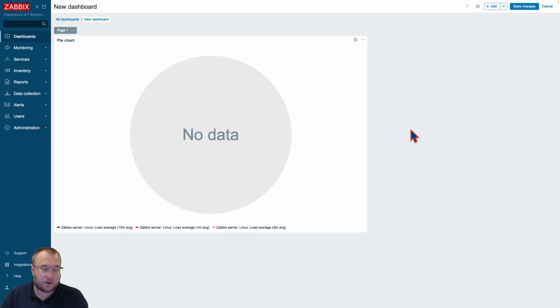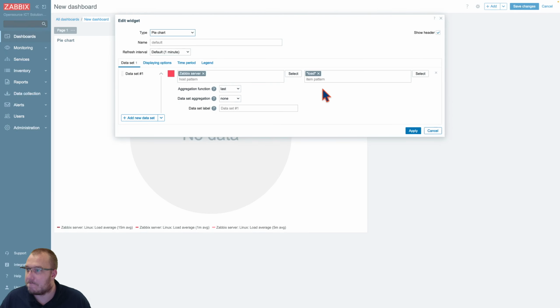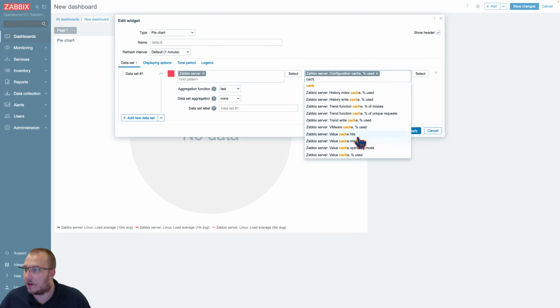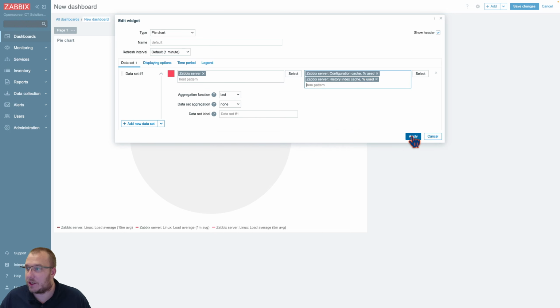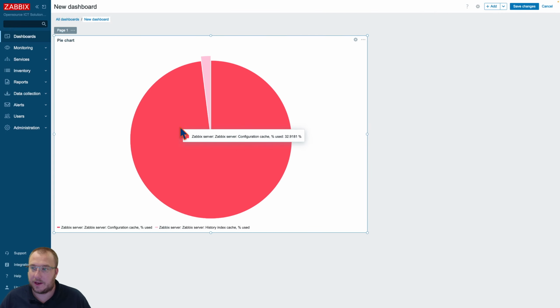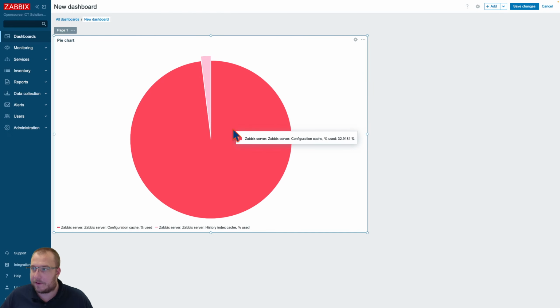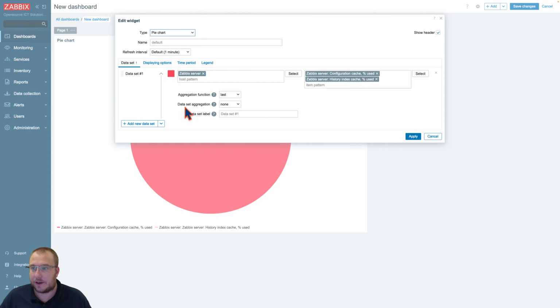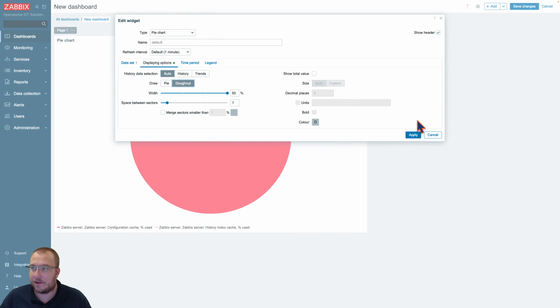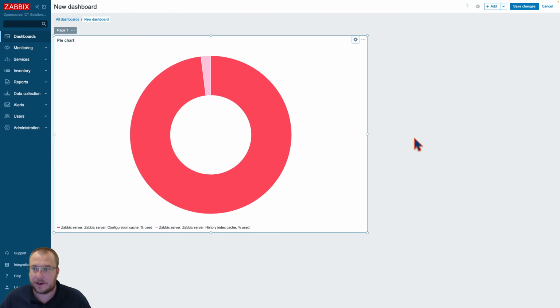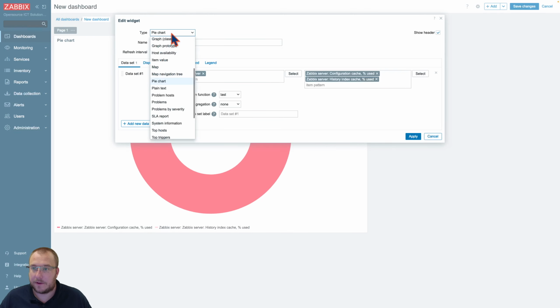No data, of course, we do not have an agent. Configuration cache versus the history index cache. I don't know, I'm just picking something. So 32% versus 0.6%. So this is just giving you a pie chart, but we can also show it as a donut. So different representation, of course, but also